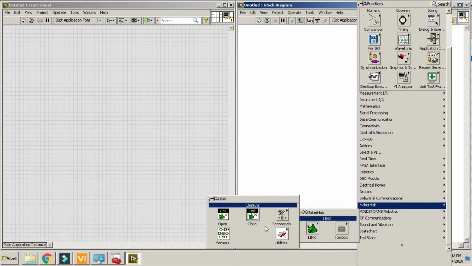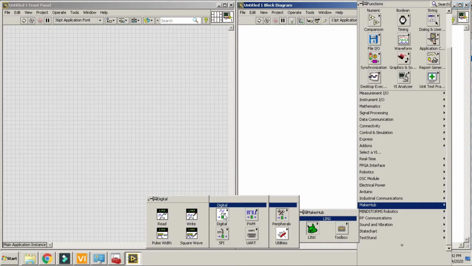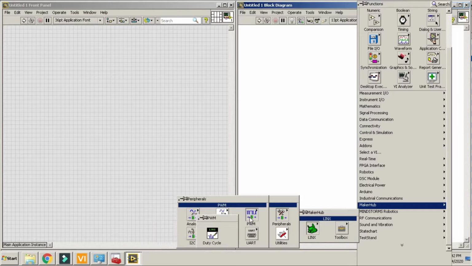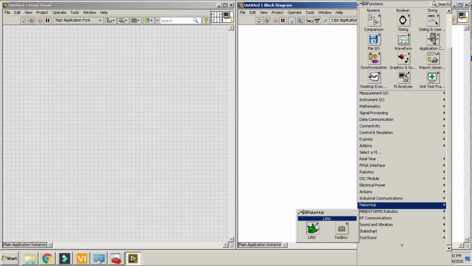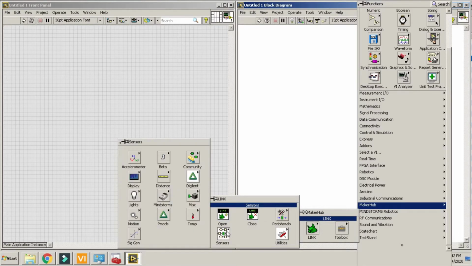In this, we have basic peripherals like open, close, analog read, analog write, digital write, PWM read, PWM write, and some other options also there. And in this, we have inbuilt sensors like display, like LED, LCD, and distance sensors like the ultrasonic sensor, and some other sensors also there. Right now I will just tell you how to blink the pin 13 LED using this.